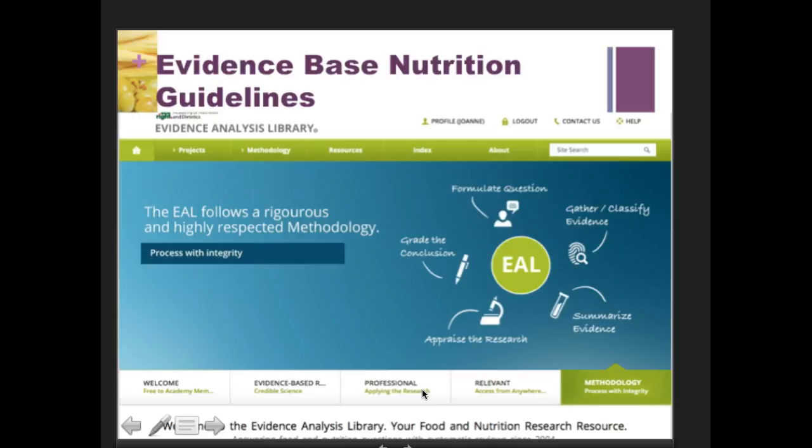So just so you know, there is a whole body of evidence. We call it the evidence-based nutrition guidelines. There's a library that's accessible to me as a dietitian. I don't believe the public can get onto it. All of medicine has gone in this direction of evidence-based guidelines, and nutrition is no different. Evidence-based guidelines look at recommendations on anything from body mass index, the types of diet that help with weight loss, the types of procedures that might help with weight loss, to iron deficiency, whatever you might think of in terms of nutrition.